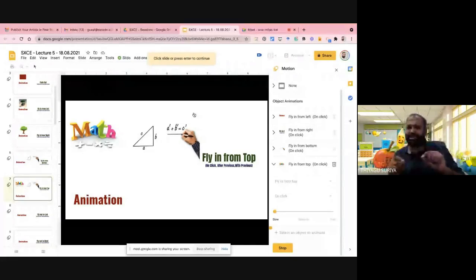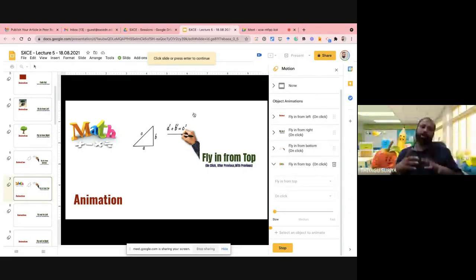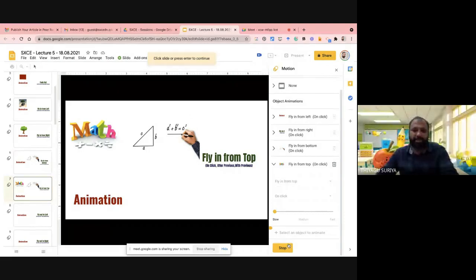Even in the same slide, same modality, you can use the fly in, but one image or one content from the top, one content from the left, one content from the bottom, one content from the top. Like this, if you modify it, it will be good, right? But don't keep this image in there. For example, sometimes we are keeping it like this.